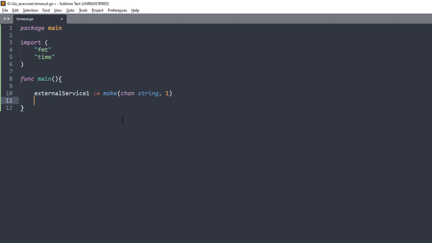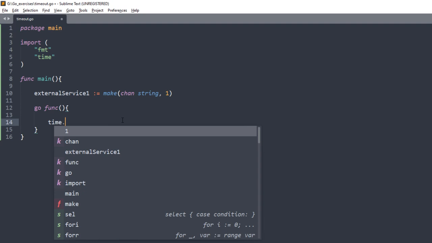Okay, now let's write an anonymous function. Let's write an anonymous Go routine actually. So I will say go func. So it's a Go routine. There is no name, it's anonymous. So I will now call it here. So first let me write the body. So I will say, let's say time dot sleep,